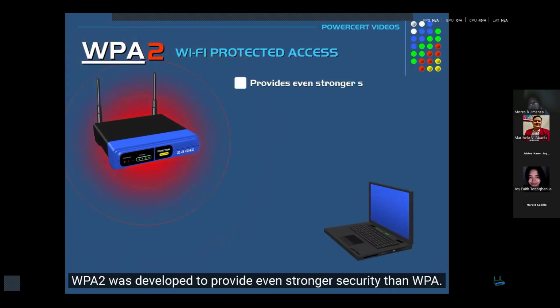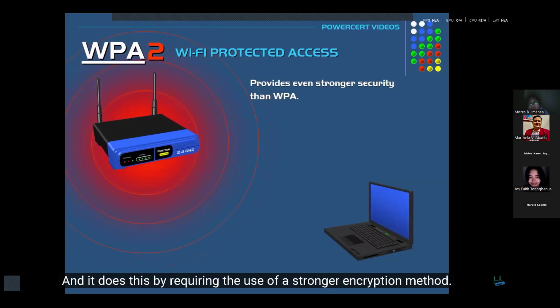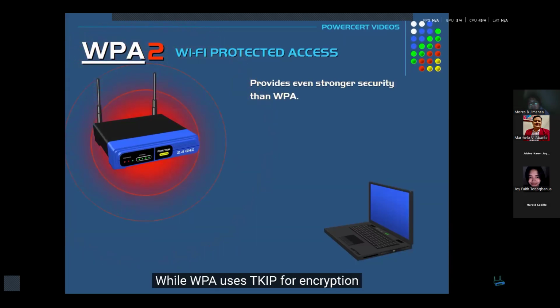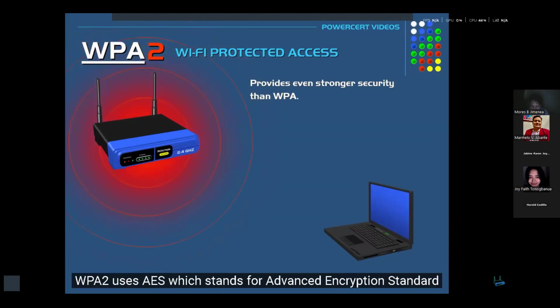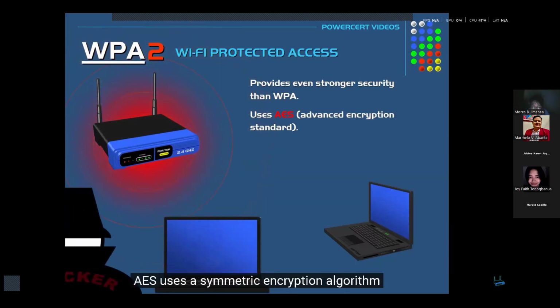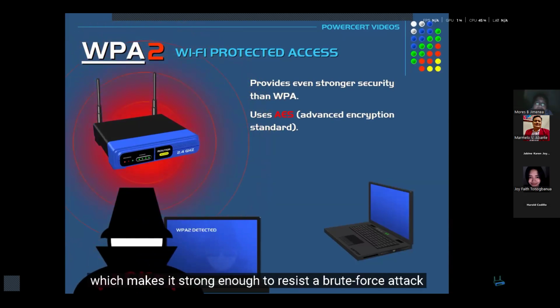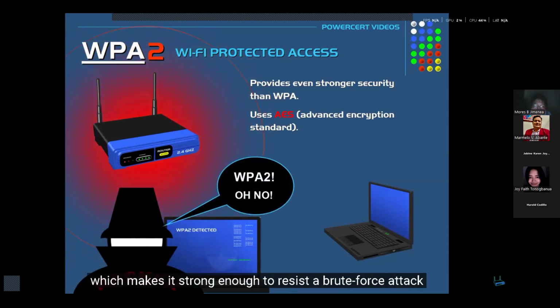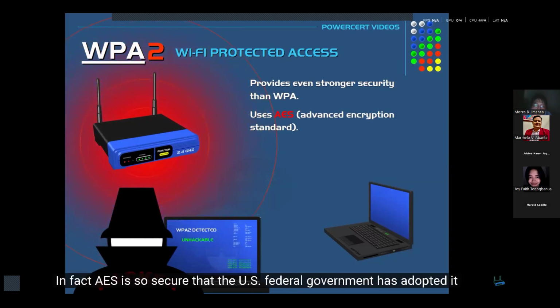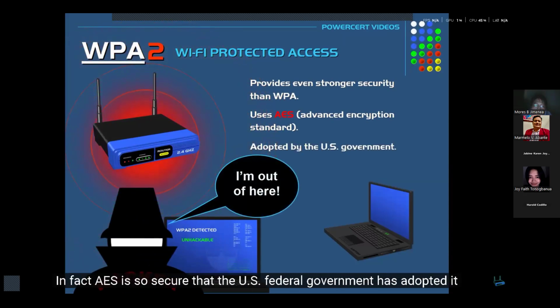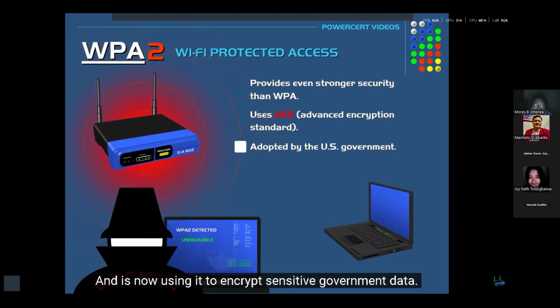WPA2 was developed to provide even stronger security than WPA, and it does this by requiring the use of a stronger encryption method. While WPA uses TKIP for encryption, which is known to have some limitations, WPA2 uses AES, which stands for Advanced Encryption Standard. AES uses a symmetric encryption algorithm which makes it strong enough to resist a brute force attack. In fact, AES is so secure that the US federal government has adopted it and is now using it to